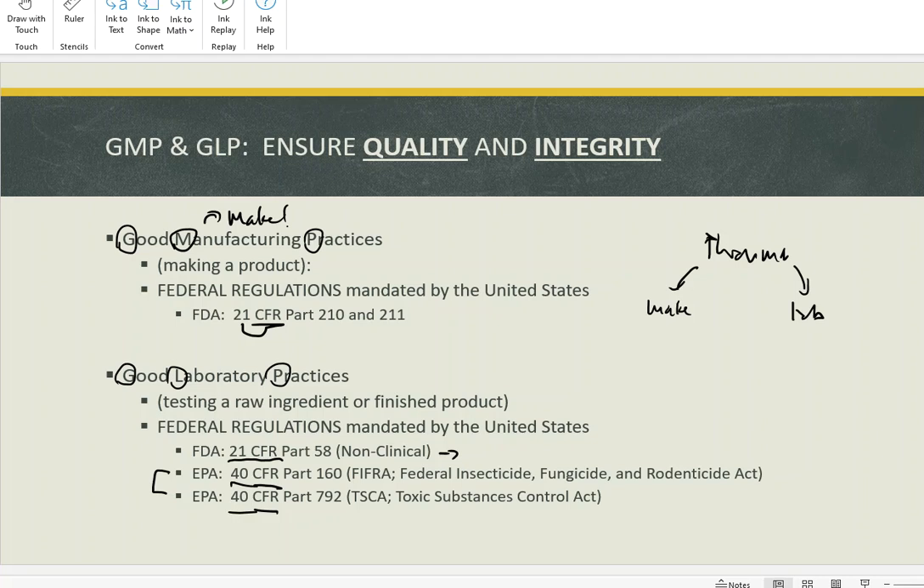And then each one of these is slightly different. These are just two examples. That's all that they are. And these two examples are Part 160 and Part 792. So Part 160,